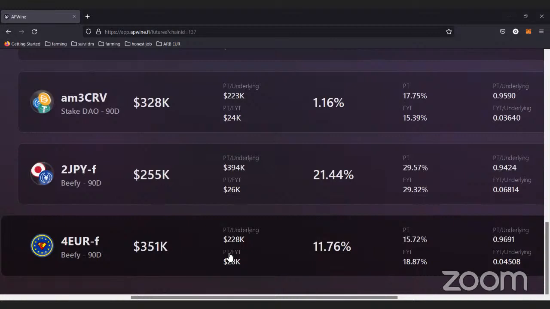But the thing is, the PT FYT is more risky than the PT underlying. The PT underlying is €4, €4. I mean, it's locked €4 and unlocked €4. So the only risk is basically to lock your €4 for 3 months. And maybe you would like to get back your money at some point. So this is the risk that you are taking.